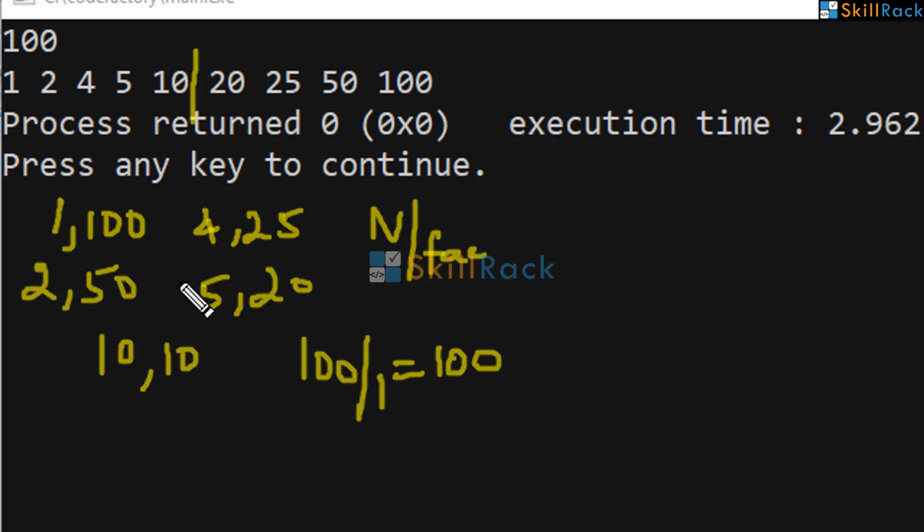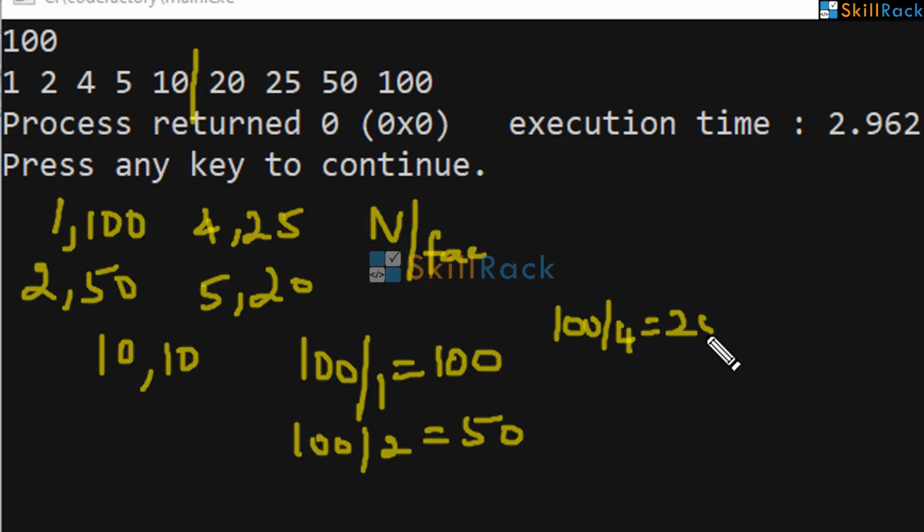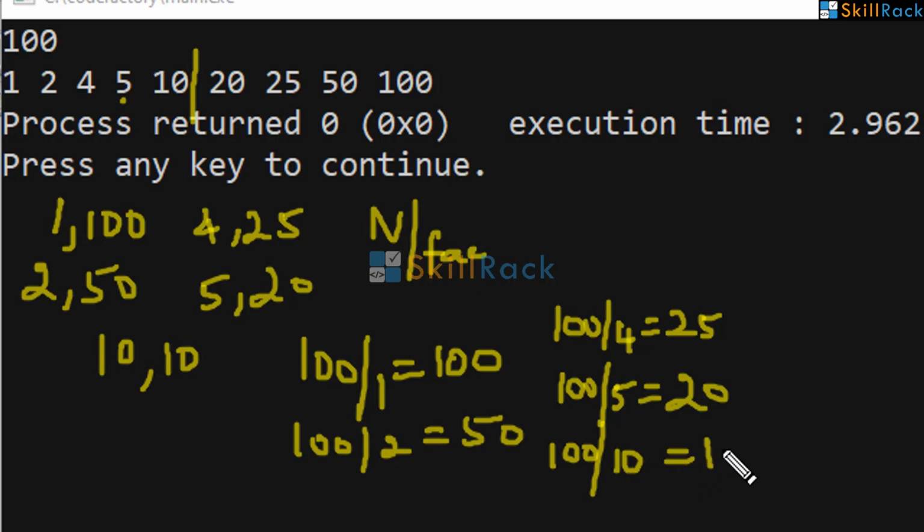When you get 2 as a factor, you can say 100 by 2 and get 50. When you get 4 as a factor, you can say 100 by 4 and get 25. When you get 5 as a factor, you can say 100 by 5 and get 20. When you say 10 as a factor, you can get 100 by 10 is equal to 10.